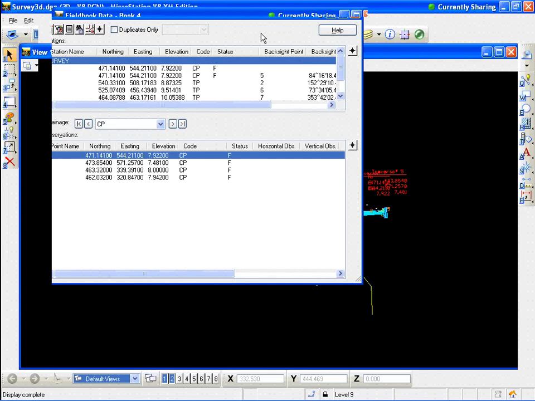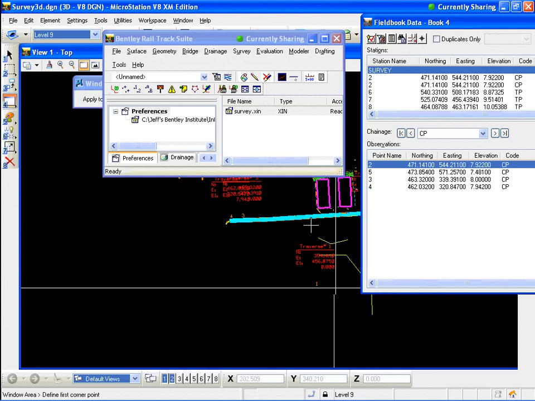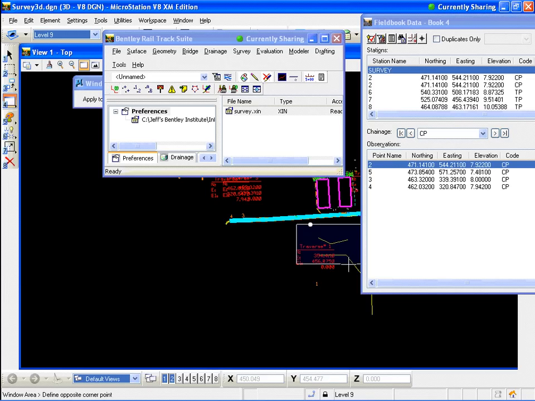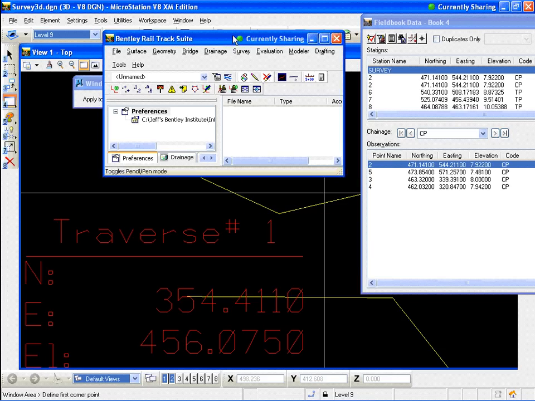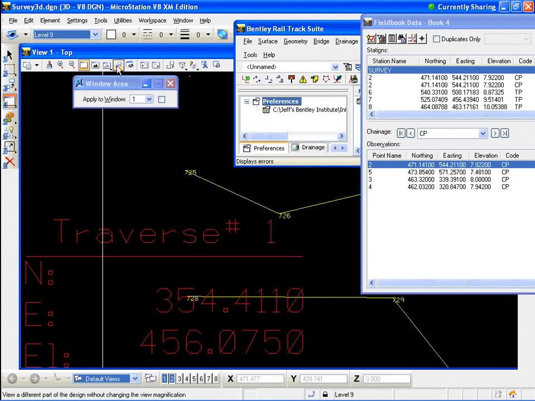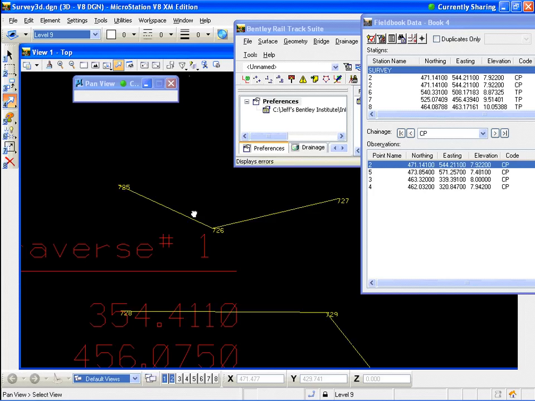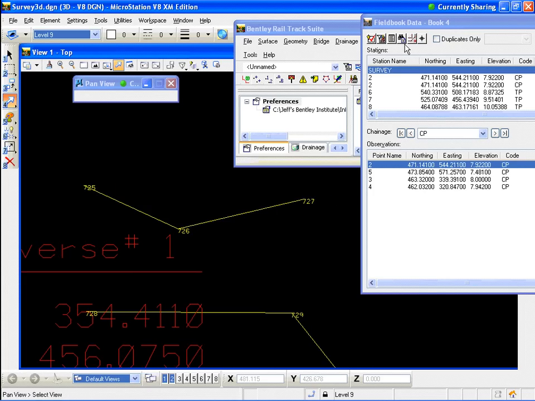I'm going to move this over here a little bit. And I'm going to window in on a couple points here that I've already put into this file. I'm going to turn on my names. I'm going to click on this View Names, turn on the names of my points. I'm going to move this dialog over here a little bit. I'm going to move my data here so you can see it. Okay. Now I'm going to click on Insert Parallel Point,